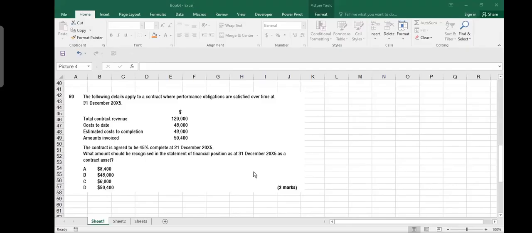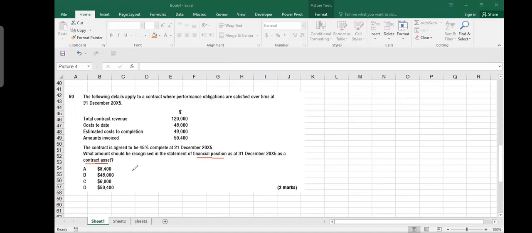Okay, next is question number 80. Again, as usual, we talk about what amount should be recognized in the statement of financial position. Now we are not talking about income statement, but a contract asset. Now you remember we did question number 78 also. Contract asset means the work which you have done but not invoiced. So it is actually uninvoiced work. So you need to find out how much work you have done, how much you have invoiced. The difference will go to